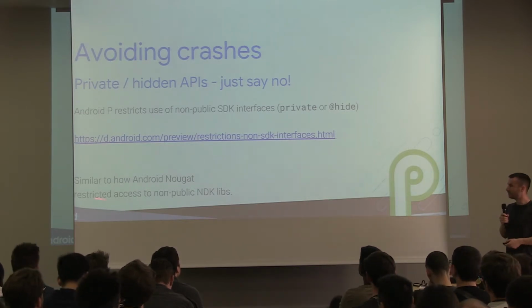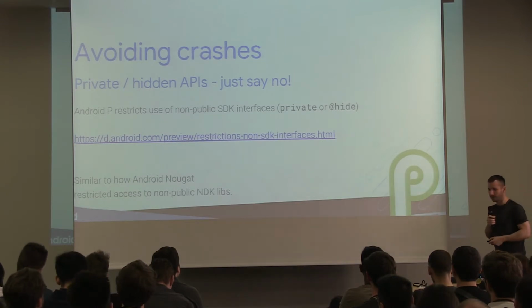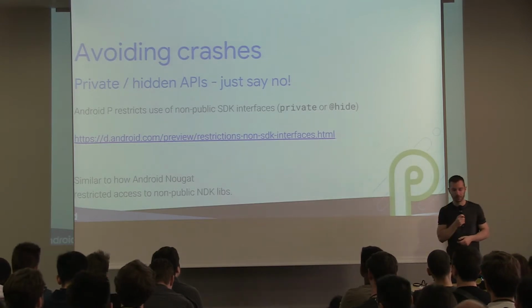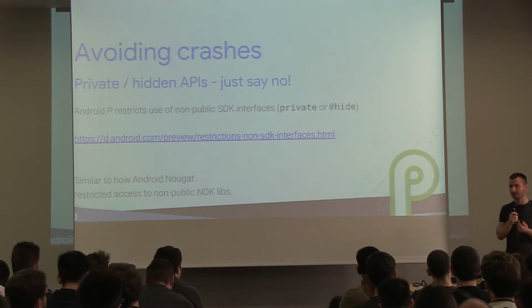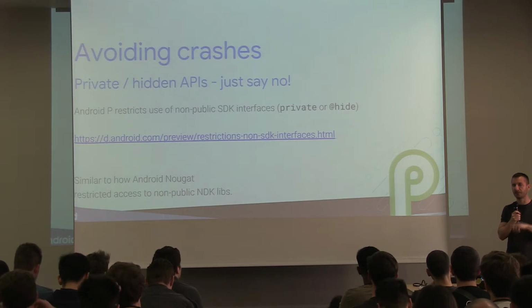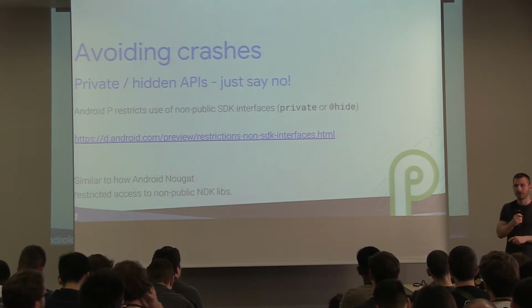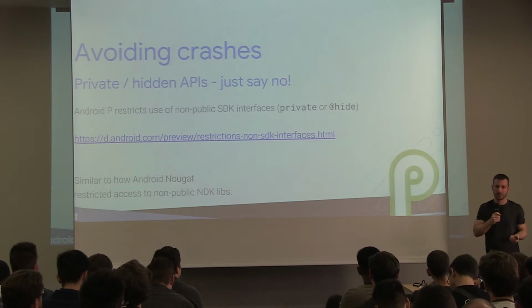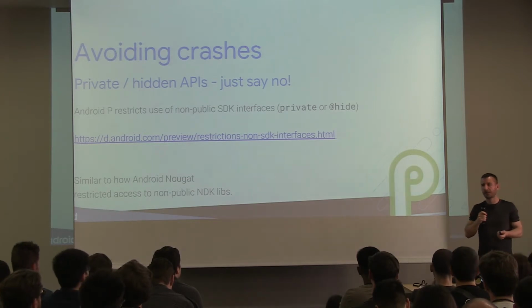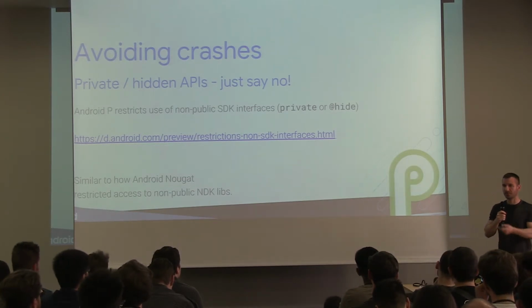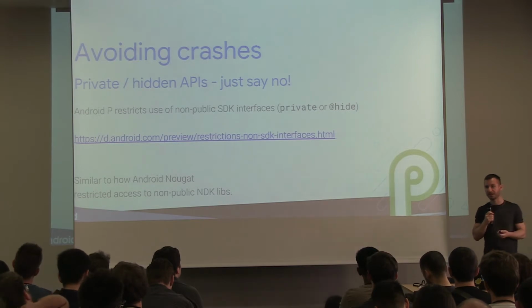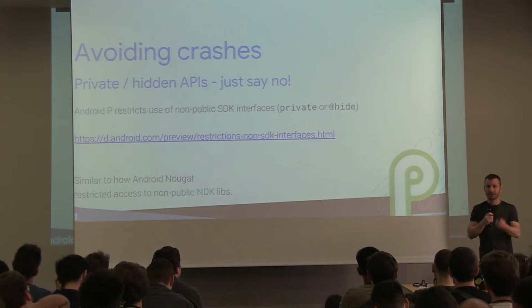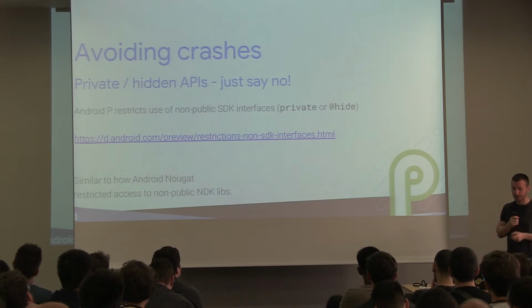By the way, this is not the first time we're doing this. It's similar to how Android Nougat prevented you from using NDK stuff, like native libraries that were on the system but were never exposed in the actual NDK. And that's because with the multitude of devices out there, we cannot guarantee that some SO file, some shared library somewhere on the file system will exist. It's just not possible. That's why we do these SDKs and NDKs, to tell you exactly what as developers you can expect.